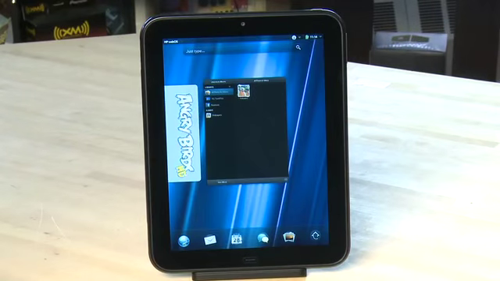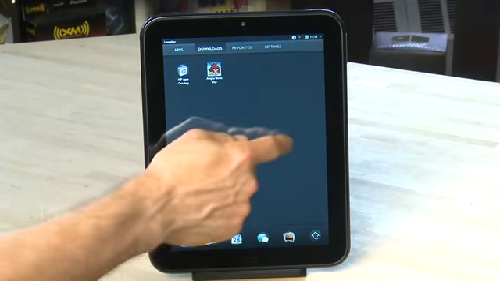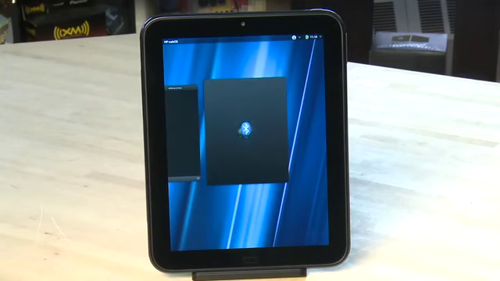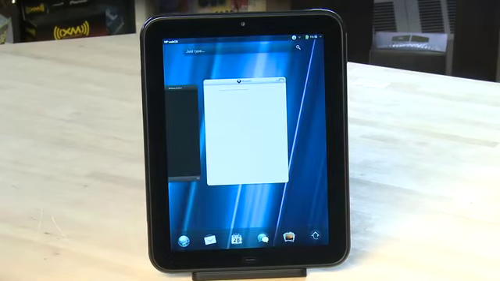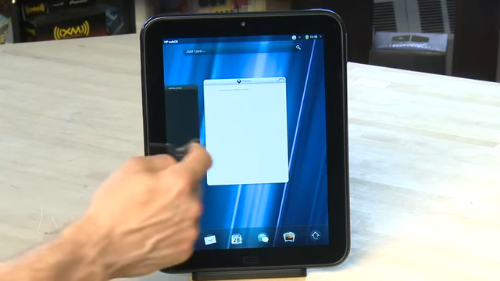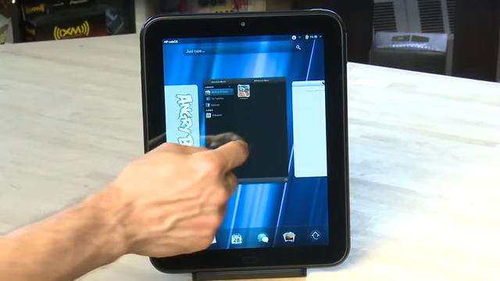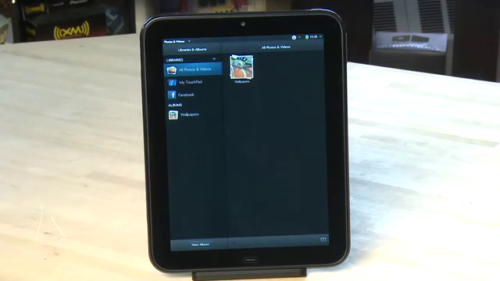So once you have an app open, you can actually swipe up from the lower bezel and it'll open up the multitasking menu. Now you can see your apps again and you can launch another one. Now when you have more than one app running, you can swipe up from the bottom bezel and instead of just one card up top, you'll see one for each of the apps that's currently running. You can swipe your finger back and forth to change between the apps. When you get back to the app you want to open, just tap on it and it'll open up again